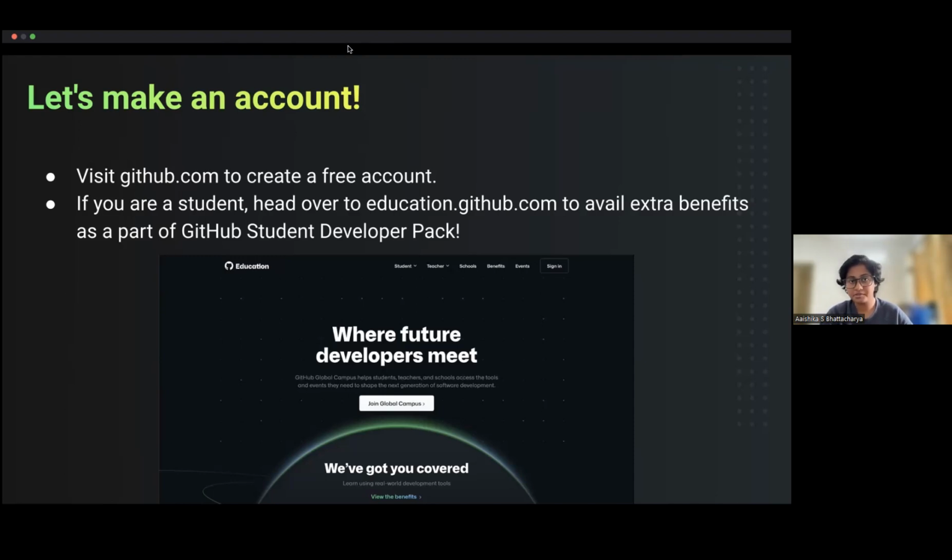If you already have an account on GitHub, by the way, you can just add the same in the chat section, so I know how many of you are going to create an account now and how many of you have one already.